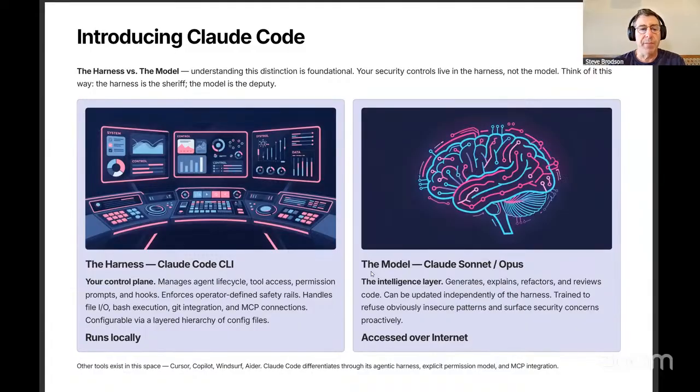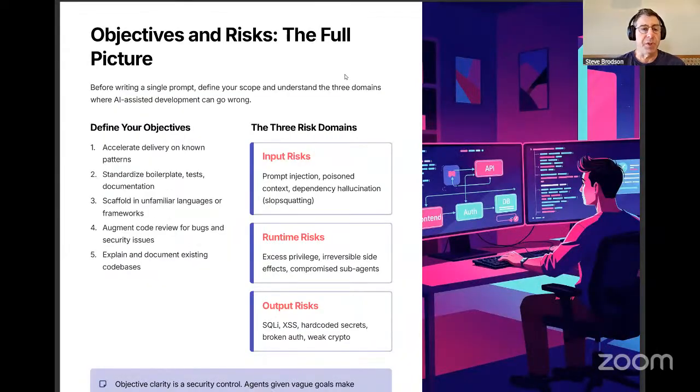Okay, so next slide. Let's talk about the objectives of the conversation and the risks, right? What we're doing when we're building an application, we're vibe coding, is we're really telling Claude exactly what we want to see. And instead of telling Claude to use Python and to create these libraries and to code and to wire them in this way,